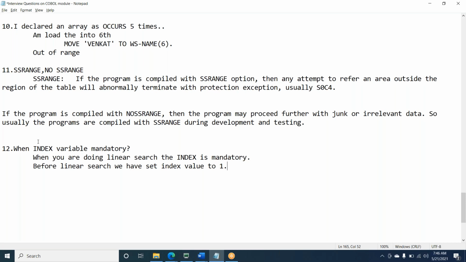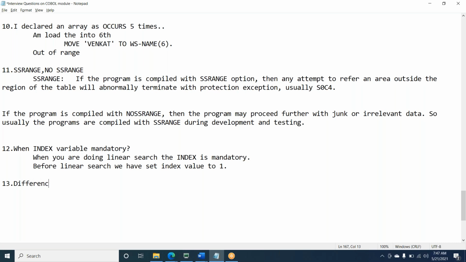You can go with the subscript only. Why is an index required? You can do it with the index, and at the same time you can do it with the subscript also. So mandatory means it is the last option, it is an option. What you said, it is optional, but without that I can do it. That is the question here. That is a different story, that question is different, right? The next question is that only.